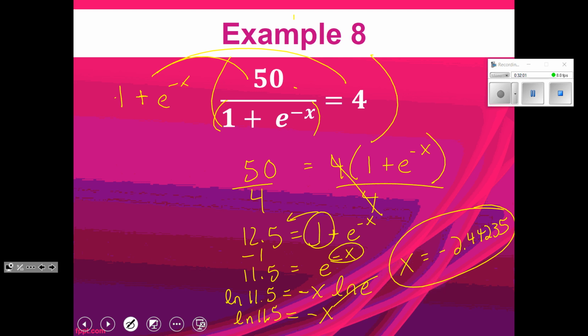I tried to give you one with a fraction. Anytime you isolate it, and then you just try to go from exponential to log, or log to exponential, or possibly taking log on both sides. That's really your 3 options right there. Okay, exponential to log, log to exponential, or take an ln or log on each side. Isolate it and go from there. Okay, so let's try some